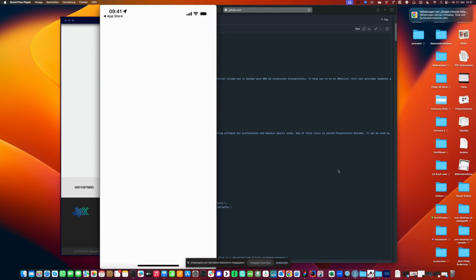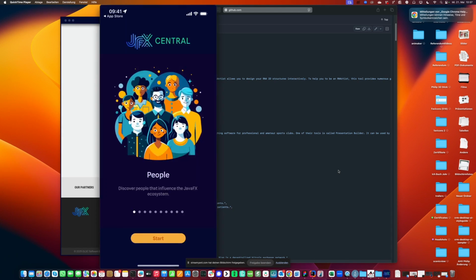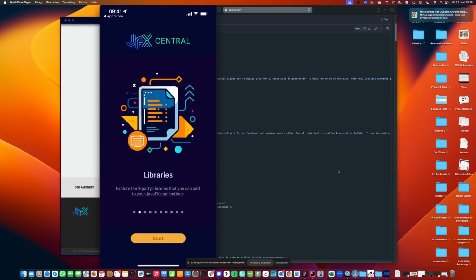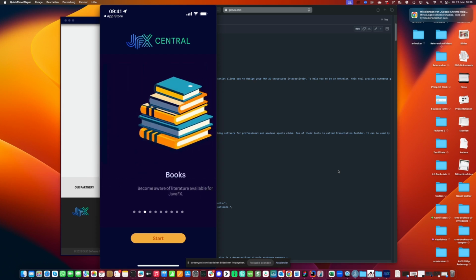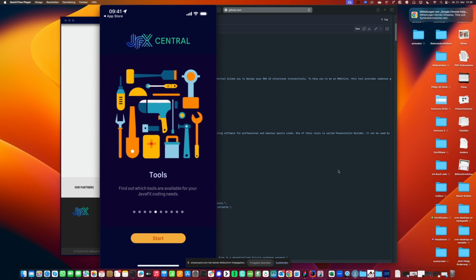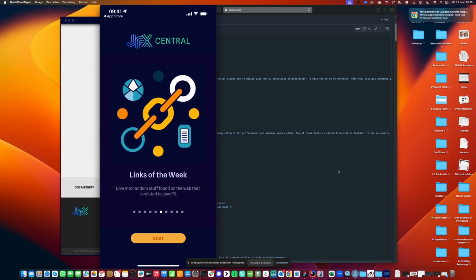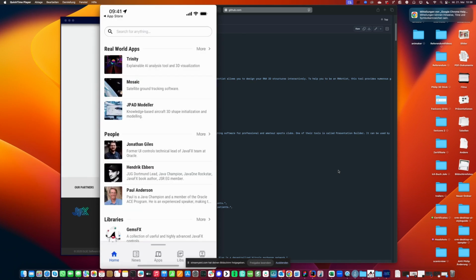So let me open this, and the first time you open this, you get this nice welcome screen. It tells you a little bit about JFX Central and what you can find inside of it. And you can swipe through. This is the regular pagination control that you can find in JavaFX. Okay, so a couple of nice AI generated images, and then you press on start, and you get the same